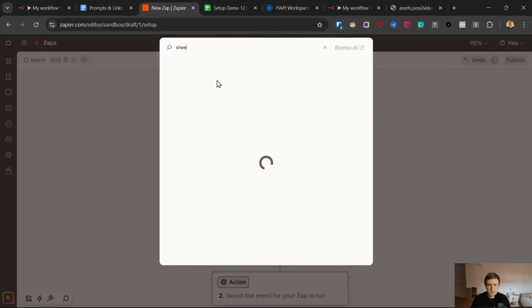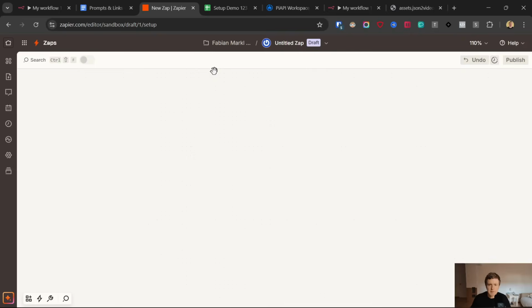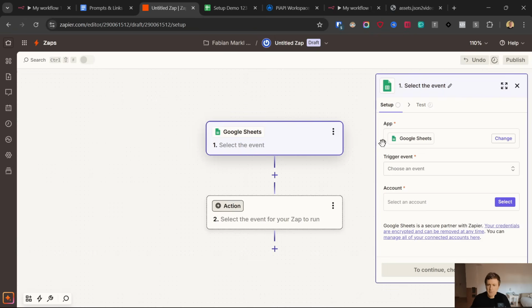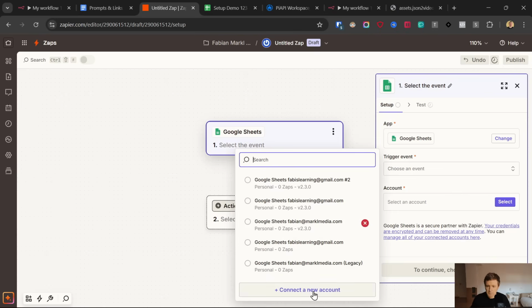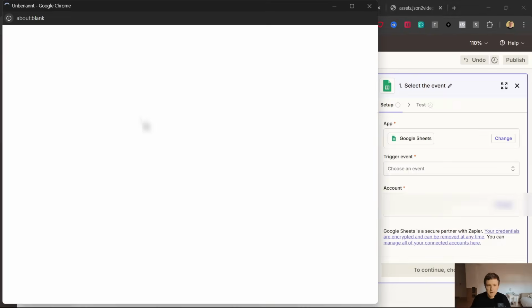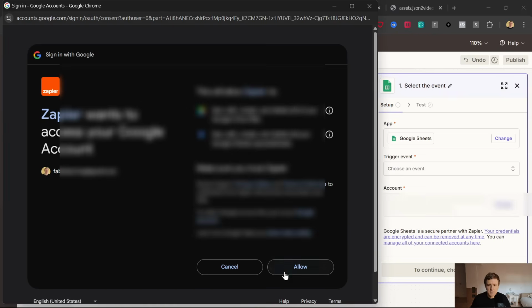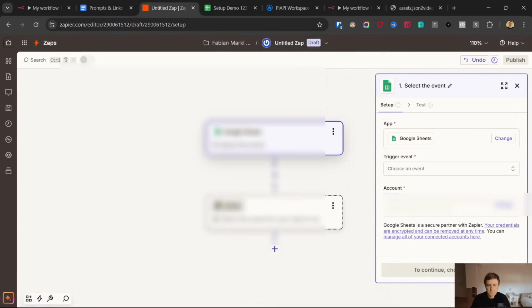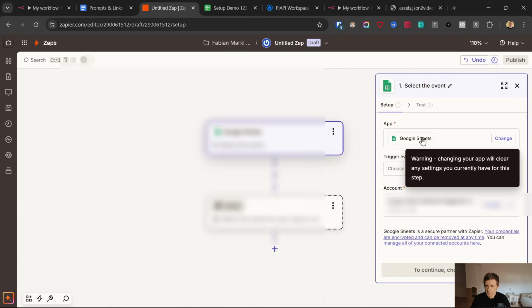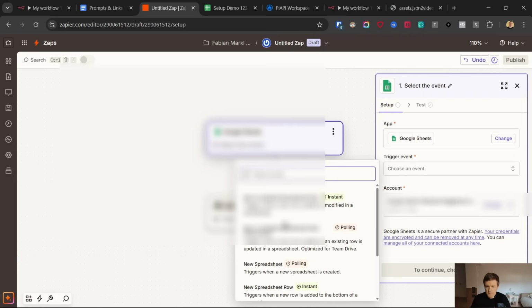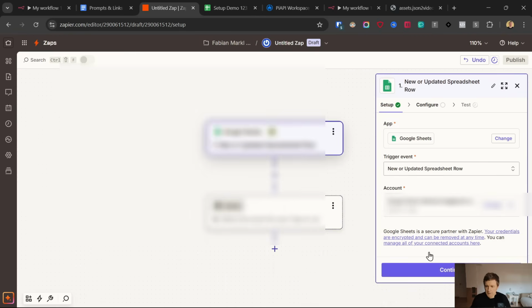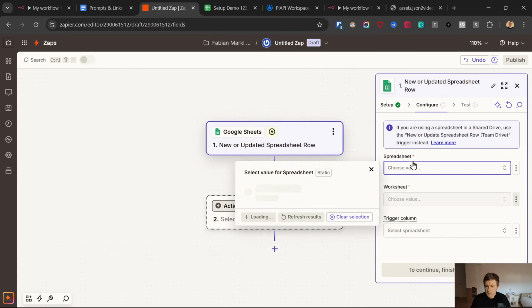In this case we want the Google Sheet, the one I have created here, where all this information about my video is stored. Here, if you haven't already connected your account, you need to connect your account. So just click on connect account. And then you just sign in with the account where this Google Sheet is in. Click on allow. And then this will be loaded. Next here, select this as a trigger. Continue, spreadsheet,